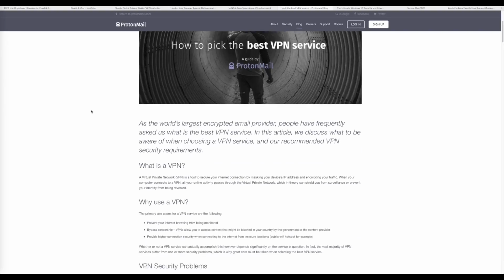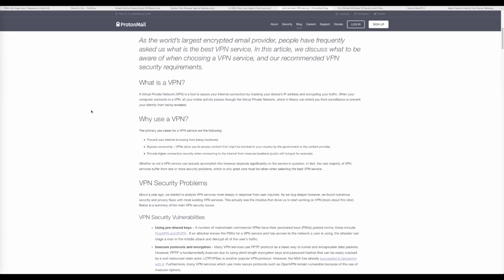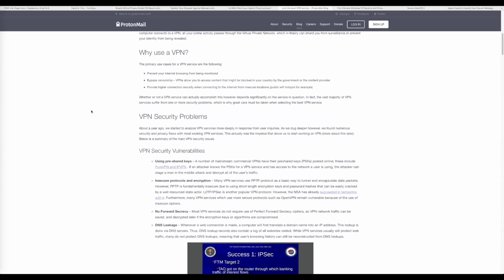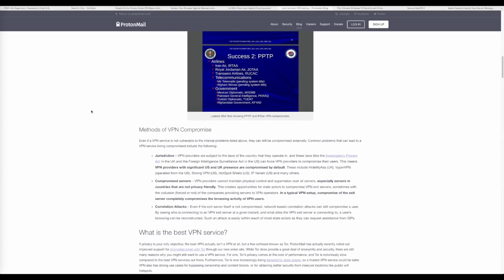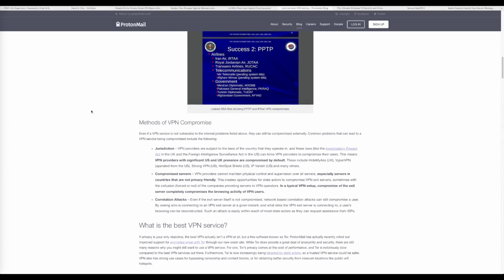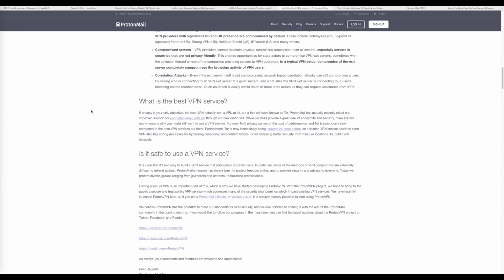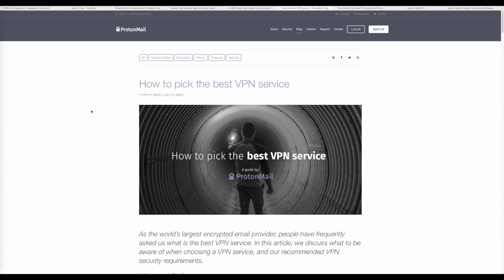This article talks about VPN security, and obviously it's bigging up the service that they're going to be introducing, and the hope is that you sign up to their service. But it does talk about a lot of the problems with VPN services that are out there, and how they're going to introduce things to secure their VPN. It is a bit of an advertisement for their own service, but it does talk about a lot of the things that are wrong with current VPN services. So just because you use a VPN doesn't mean it's secure.